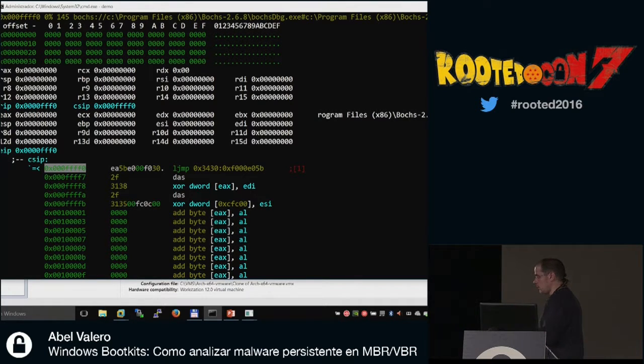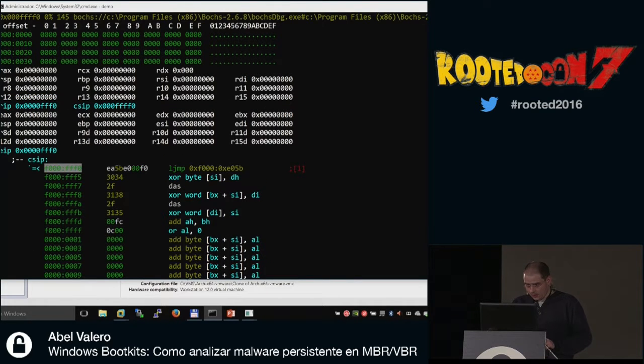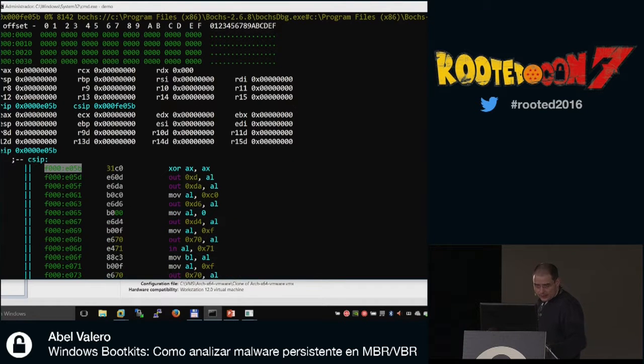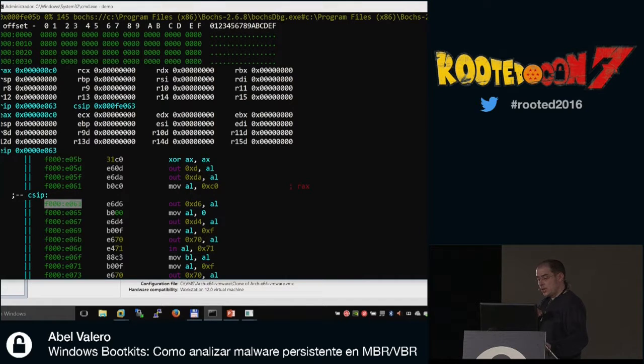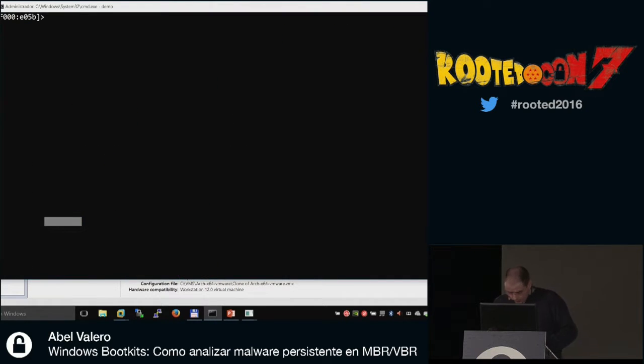I will tell you that Radare is still a working version. I corrected some mistakes this morning. There are still some manual things lacking regarding the type of bits. But as I'm typing, bits equals 16 to take on the assembly. We can do stepping to move on through the functions. This is the BIOS. This is the tracing of the BIOS.